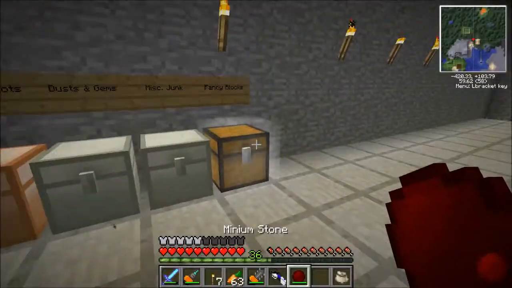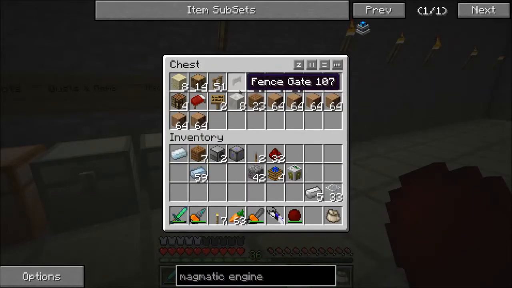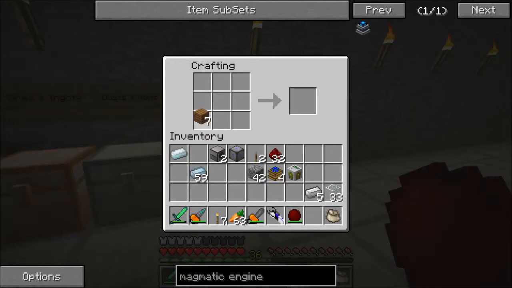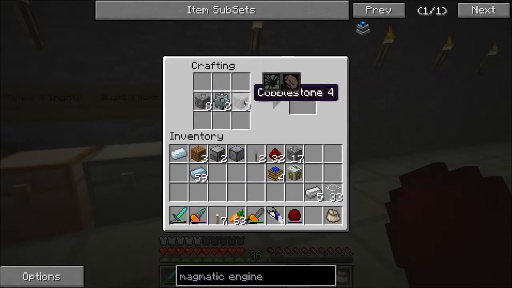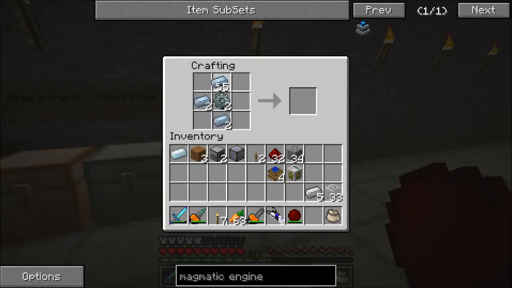Let's just go ahead and get crafting. I also need that. So I'm going to be making a wooden gear, then a stone gear. Then I'm going to be making a new gear you guys probably haven't seen yet, a tin gear. And then, as mentioned, I need a piston,